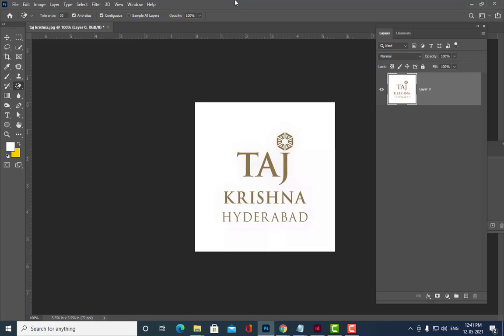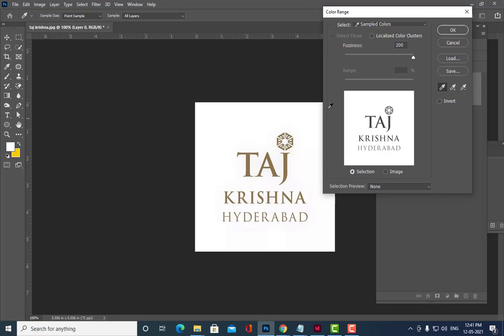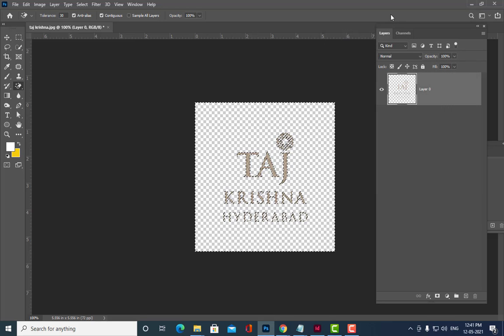So is there any other process? Let us see who is going to tell. I want to remove all the background, that white color. Blending mode. Color range. Some are saying blending mode, some are saying color range. Chroma key, sir. Okay. See, we can use color range. Simply select the color range, pick the color, just click OK. Just simply delete. See, just in one blow we have removed it.